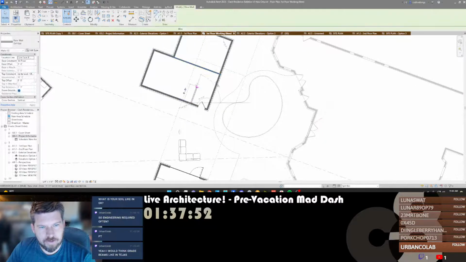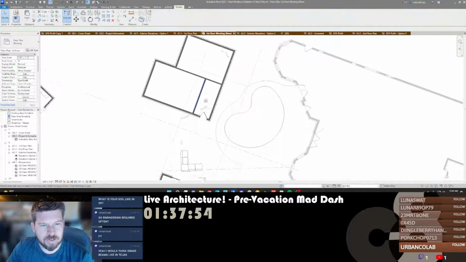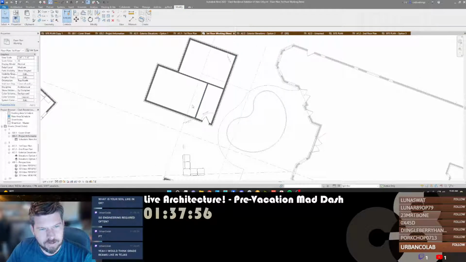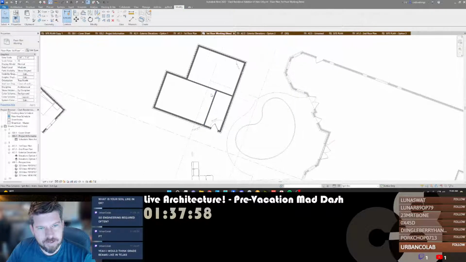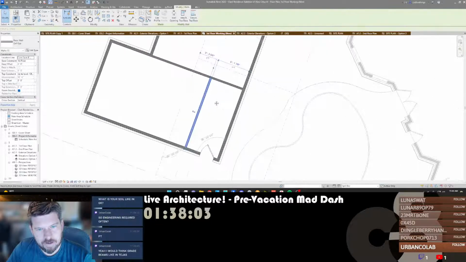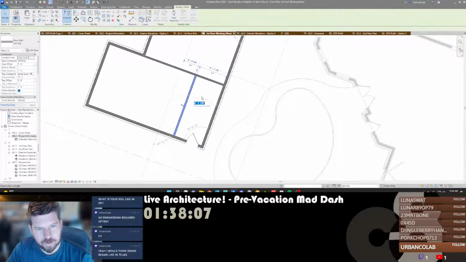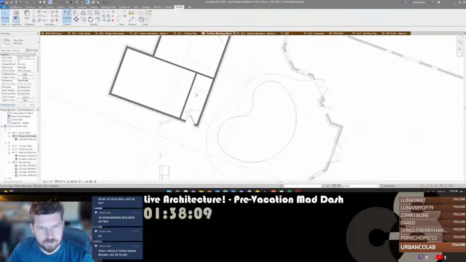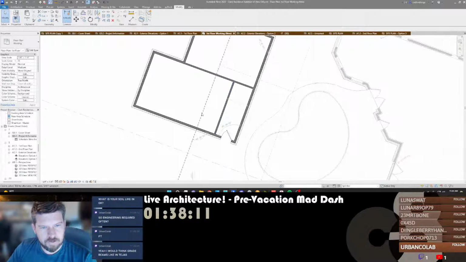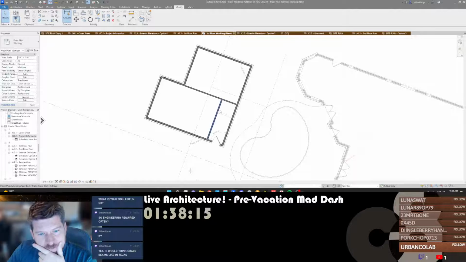Okay, I know I definitely want a hall that comes in here, and the bath I think is going to be right here. I did not spend a whole lot of time on this. Then the bed. If the bath is going to be pretty big,